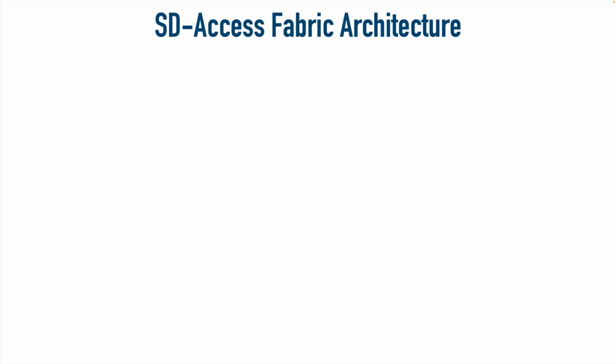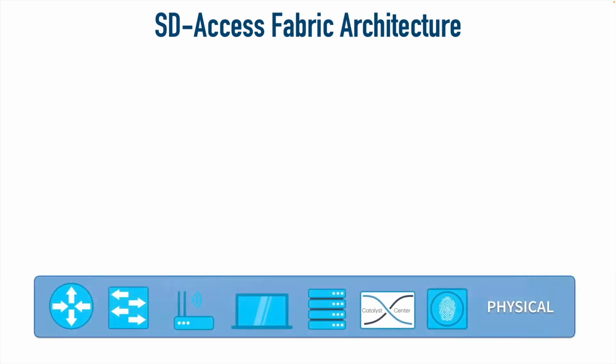Now let's take a look at how SD Access is organized. Cisco breaks it down into 4 different layers or planes, and I think visualizing it this way really helps you understand how all the pieces fit together. At the bottom, we have the physical layer or the physical plane, and that's exactly what it sounds like. These are the actual devices that you touch. It's your Catalyst 9000 series switches, it's your wireless access points, routers, firewalls,